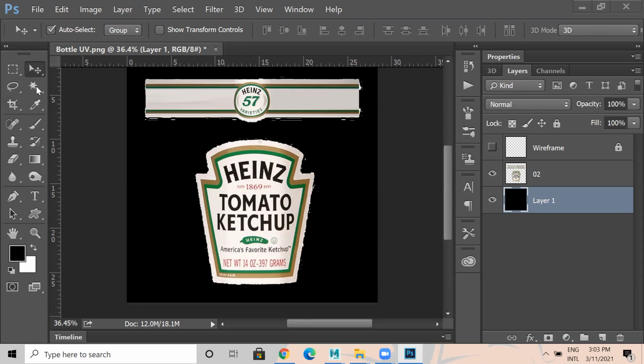It's fine. Okay, see, there is the magic wand tool. You can pick that, select the magic wand tool, and you can remove the color. Or else normally you can take the pen tool and clean it. Okay, it's fine. You can select.